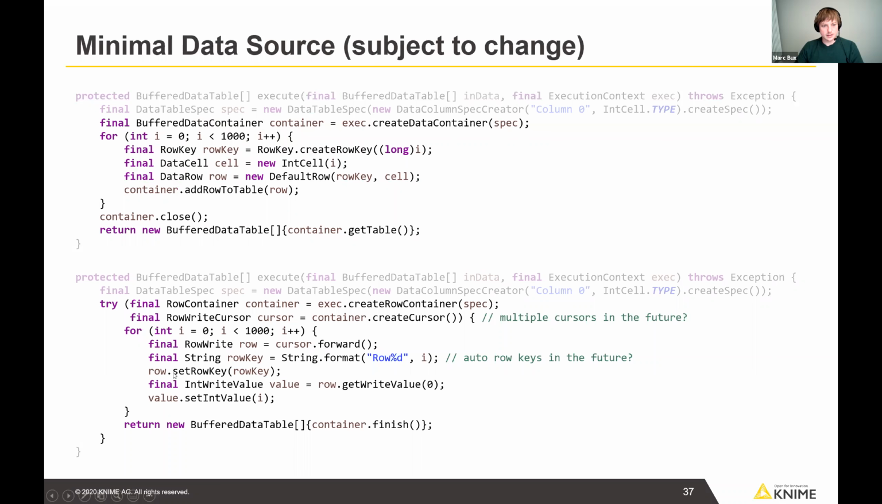This write value. Yes. So again, this cursor, whereas previously you would create a single data cell for every integer that you store in your table. Now you have your int write value where you put your integer values inside. And the difference here is that here you create a new object for every int. And down here, this int write value that you get from your row write is actually the same object that